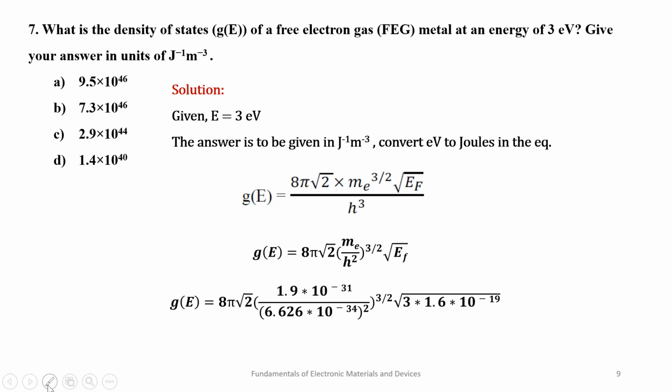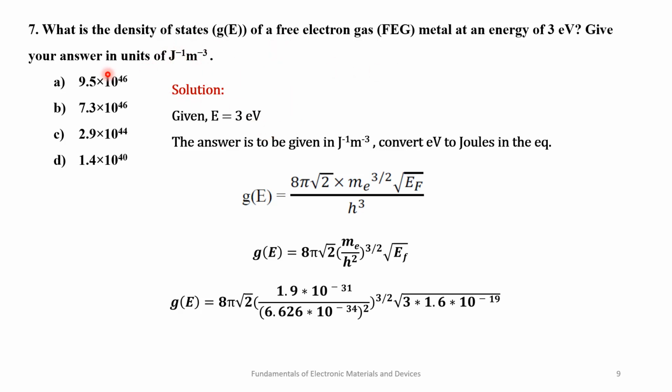Then, if you see here, we have Me, that is mass of the electron, as 1.9 into 10 to the power minus 3, divided by Planck's constant, that is 6.626 into 10 to the power minus 34, of the whole square, the whole power 3 by 2. And whenever you're substituting any constants, please take note: if everything is in SI, since here it is in SI, you'll have to go for the SI value of h square. One thing you can do is convert them into SI during the solving part itself, or you can get the final answer and then convert the final answer into the SI unit.